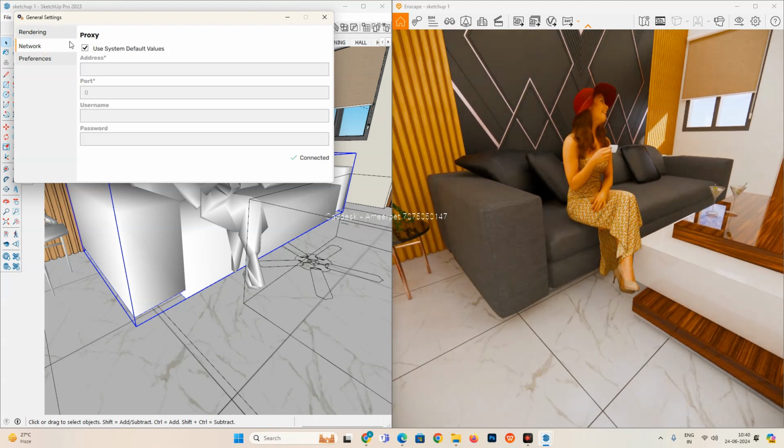And the network option, mostly we don't use. Why? We are using the crack version. Network license means multiple systems. For example, if you go to some companies, some 10 to 15 members are using Enscape, right? They are working on the same project only. In that situation, they can connect to the network,